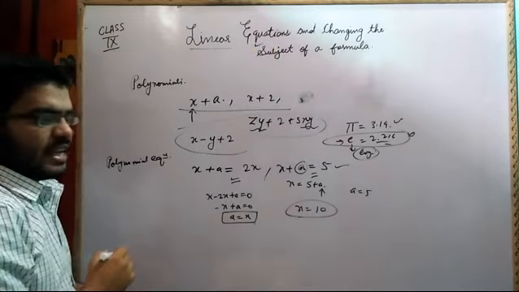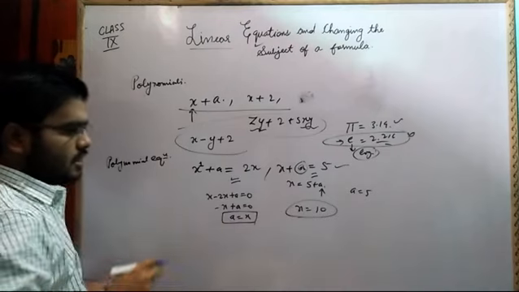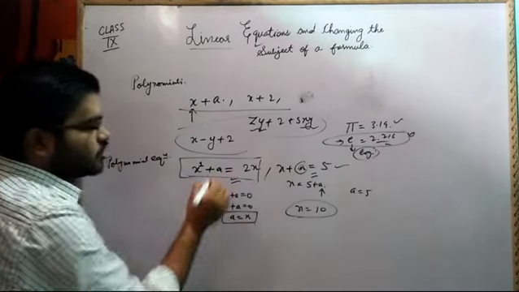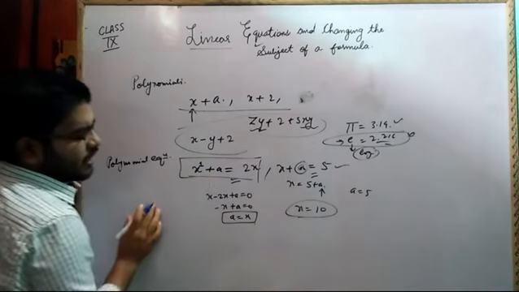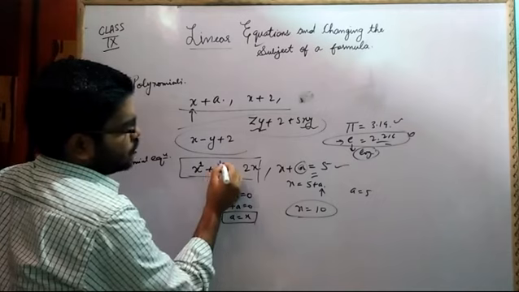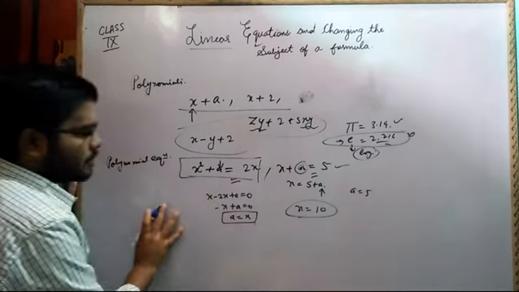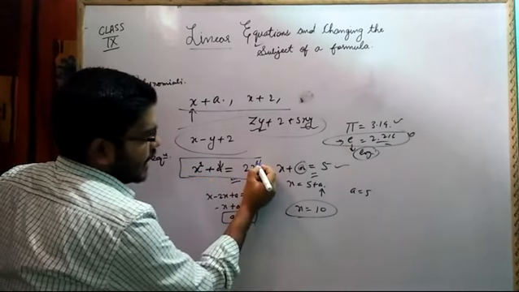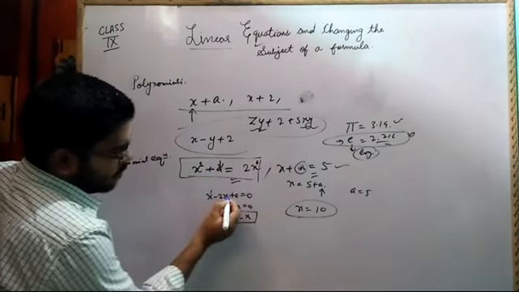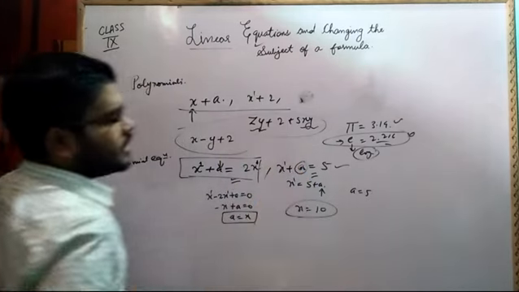Now what is the meaning of linear? When the highest degree of the variable is equal to 1, then we say this equation is a linear equation. So here the variable power, the variable exponent, is equal to 1. We don't need to worry about the constant power. Whatever the constant power may be, it is not going to change the type of equation. Here it is linear, and here also we have linear. Power is 1. Then these are all called linear equations.